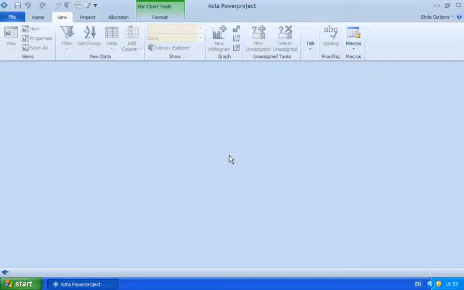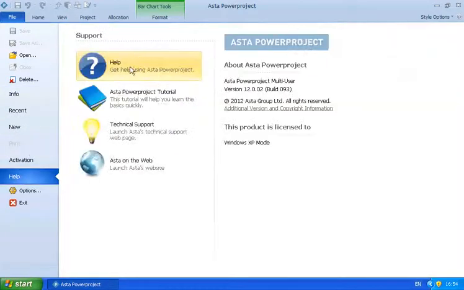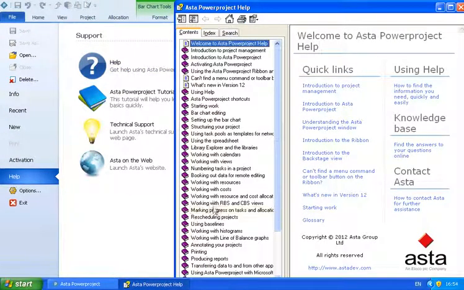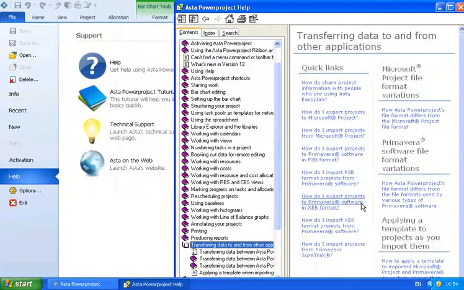Similarly, if a resource has progress against it but the task does not, in this case a reschedule in Asta Power Project would result in the task being progressed from the resource, but again a warning would alert the user of this. So there are some differences between the file formats from other software. Some information may be modified when you import, but full details of this are shown in the help menu, and it's always useful to look through the details shown in the help menu in terms of transferring data to and from other software,